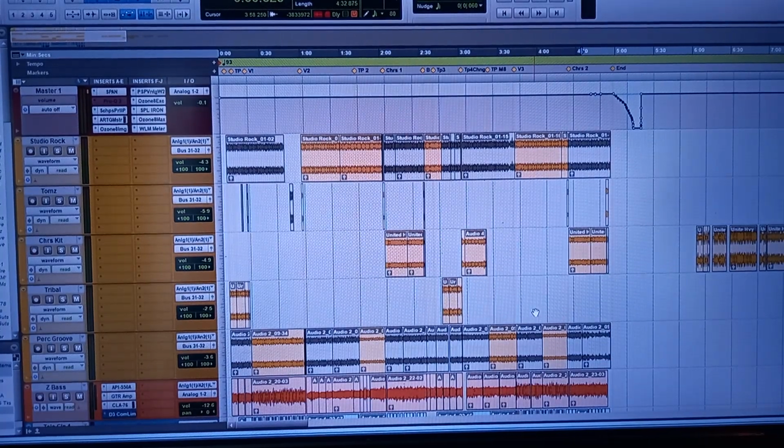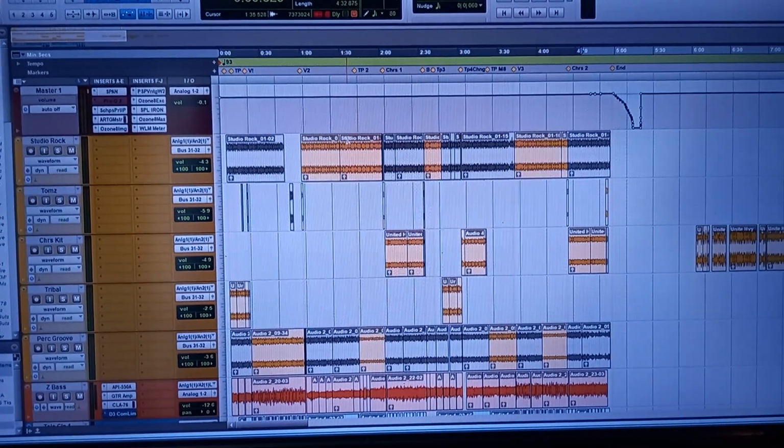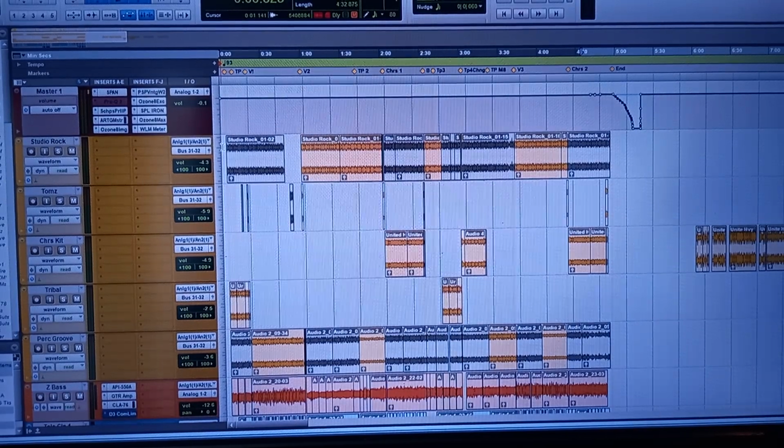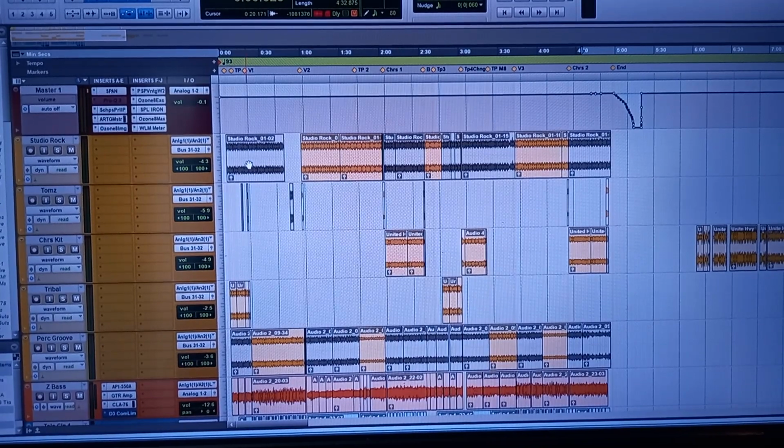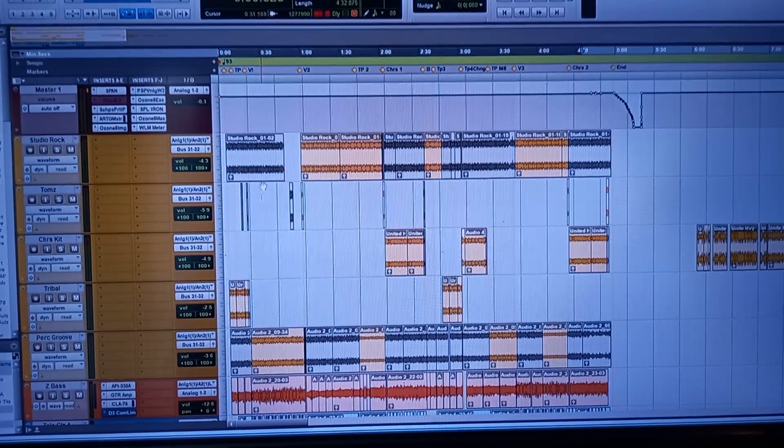how I go about it. The first thing I do is, I know it's going to be a bit of a Middle Eastern, Zaluian, groove rock vibe. I wanted more of a slower tempo, so I started with 93 BPM. And then I went through